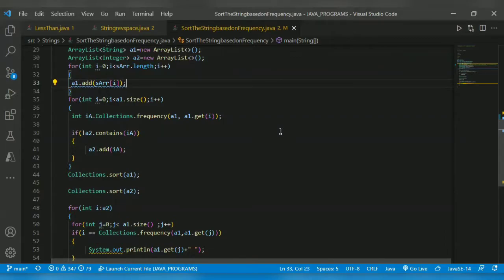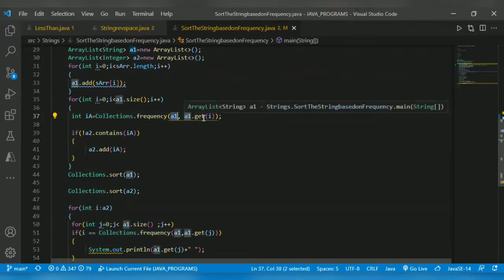After that, we again iterate array list A1. For the first iteration, i equal to 0, we get the count using the Collections dot frequency method. It is an inbuilt method in Java. The syntax is Collections dot frequency of array list name, array list dot get of that element.